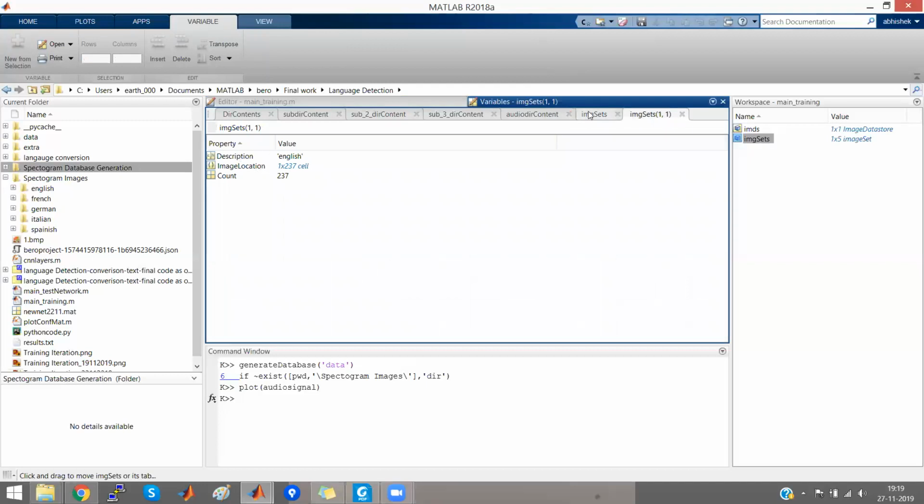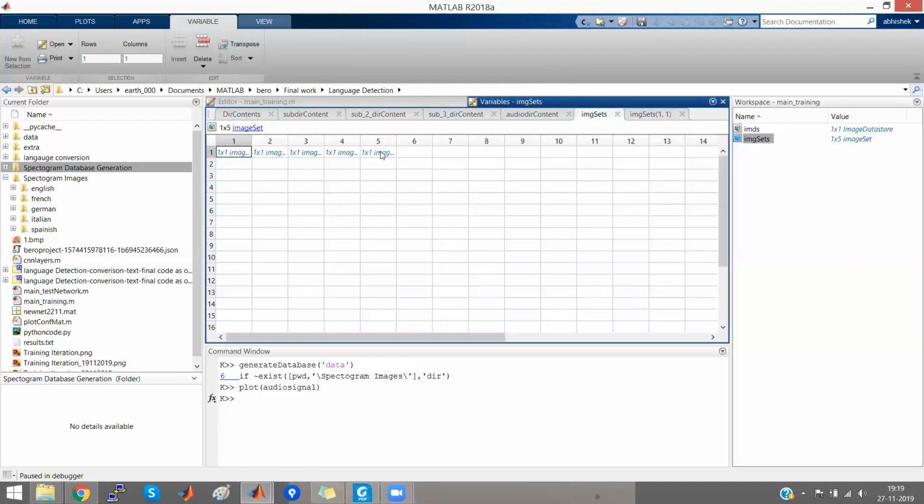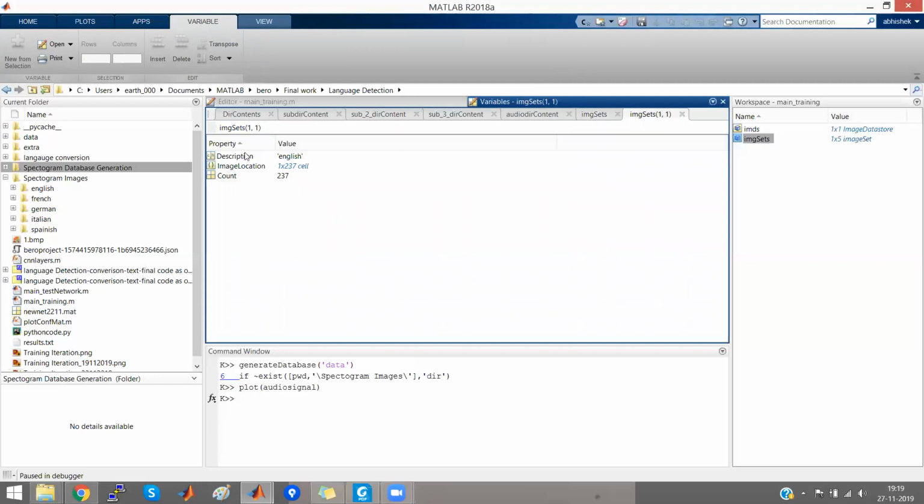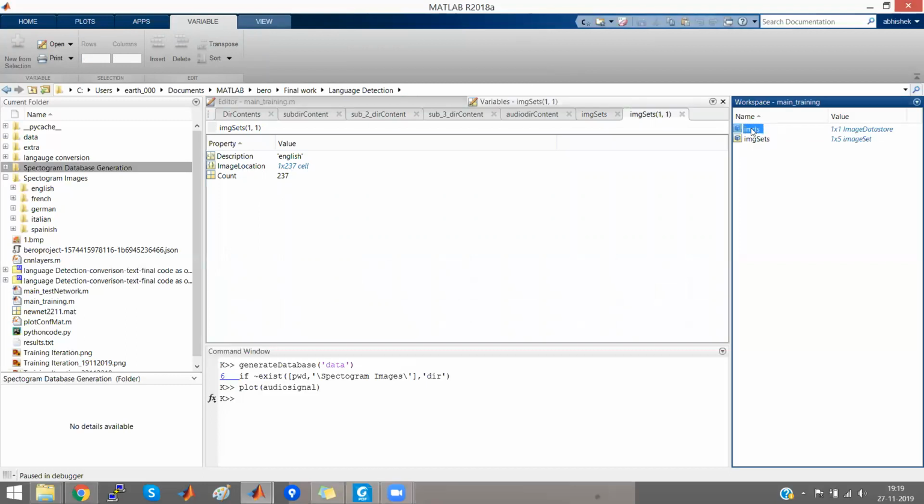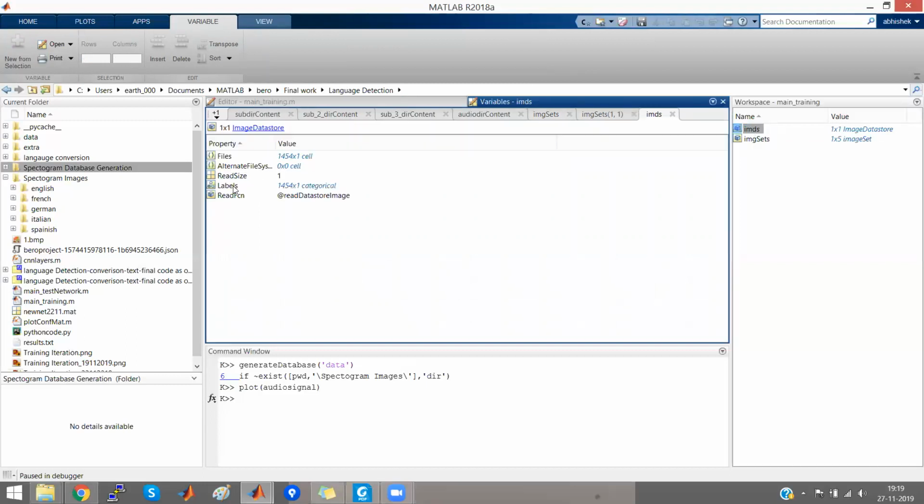Since we have 5 categories of languages, we have 5 different subdirectories. In each, we have around 237 images. And if you check out this variable img, it will tell you the labels. Total images are 1454.